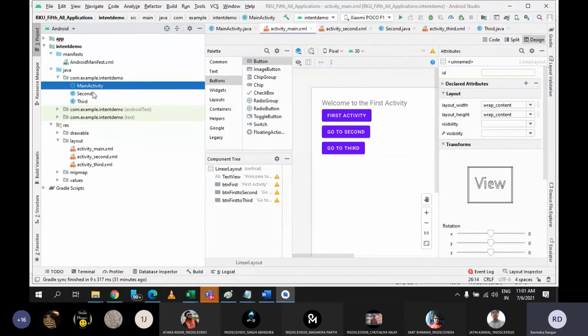So now if I want to switch from any activity to any other activity, in that case I need to use intent, but that will be the explicit intent because I am not using any of the inbuilt functionalities.